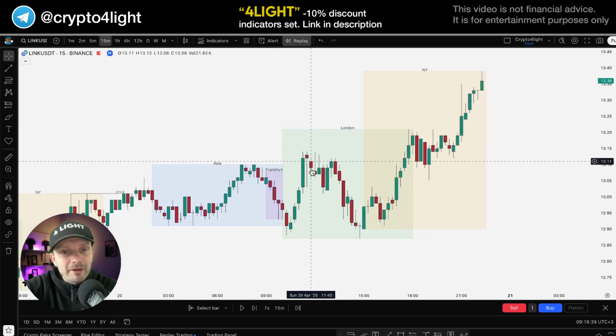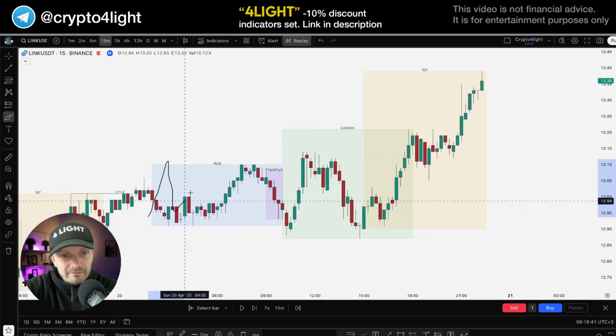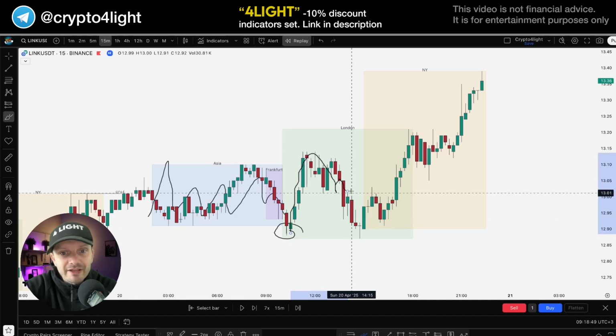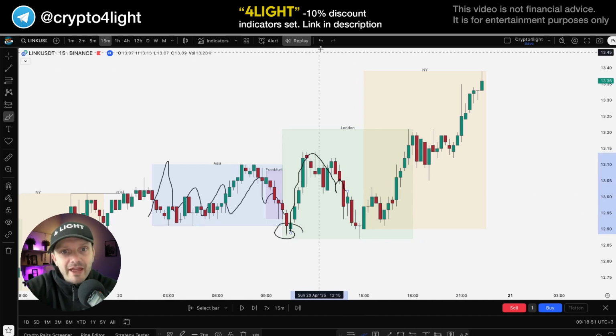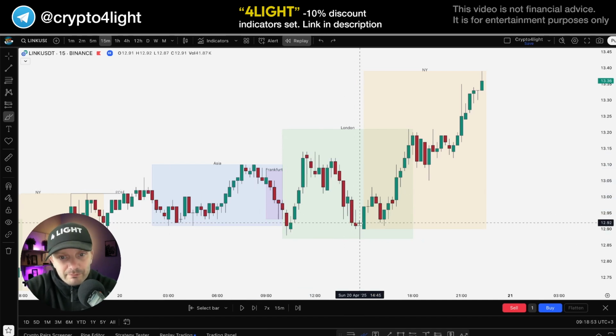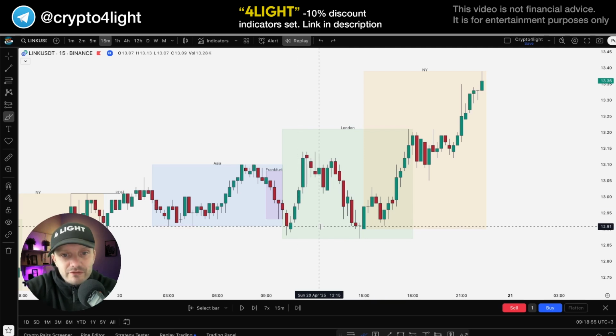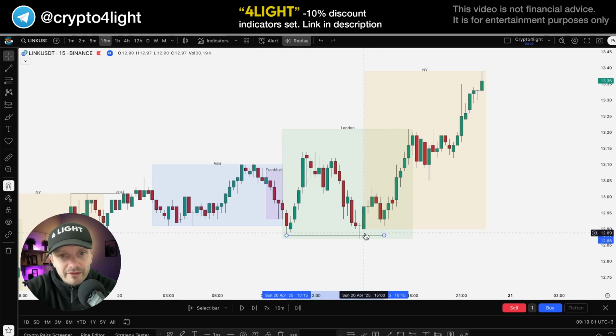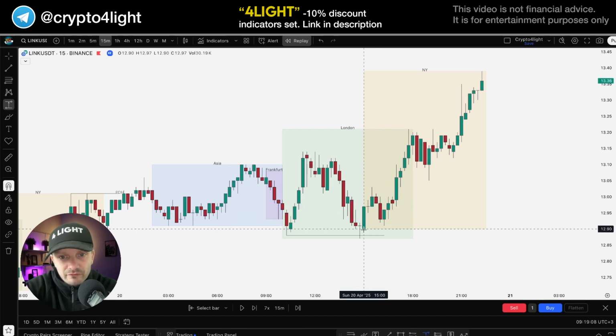So here's a manipulation. We get an accumulation, then manipulation. And here we have to find the entry. Entry can be, depending on the timing and the news, one more sweep of liquidity, a tiny one sweep. And in the New York session, here's the New York session, we get an entry for potential